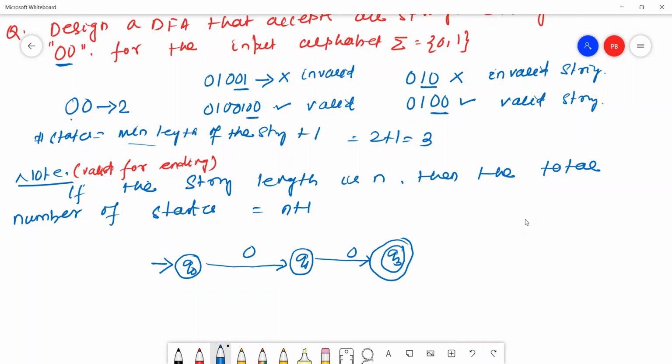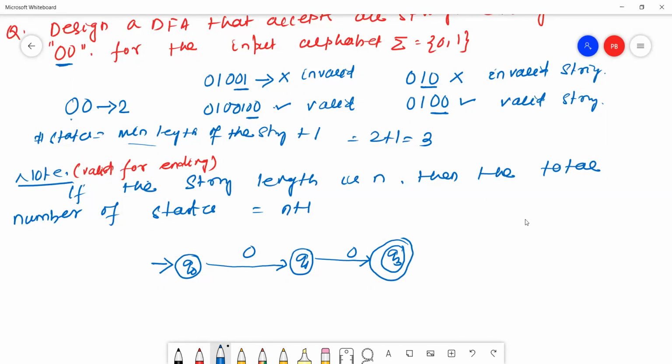What is the DFA rule? The DFA rule is that on each and every state, for every input, exactly one transition should exist. If you have any doubt, you can also see my previous class videos.